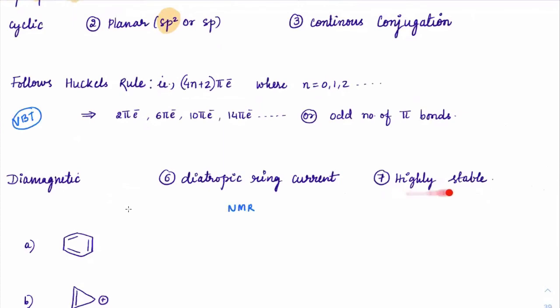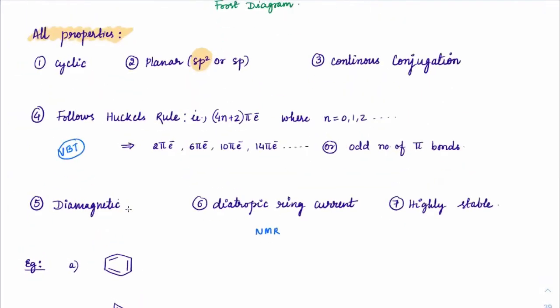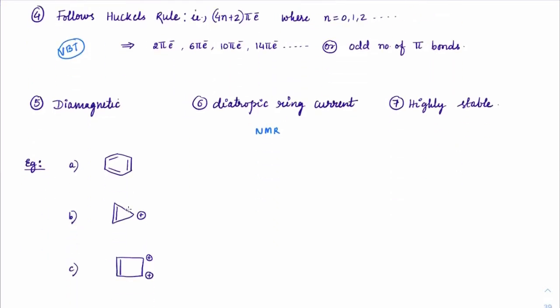Next, it should be highly stable. So these are the properties we expect from an aromatic compound. Okay. Let me take a few examples here. Benzene. Benzene definitely has 6 pi electrons or 3 odd pi bonds. So it is definitely aromatic in nature. And all the rest of the things are also favored here. You can see the ring current is there, which means the resonance is happening throughout the ring. Every carbon in this is participating in resonance. All of them are sp2 hybridized only. So everything has been perfectly followed.